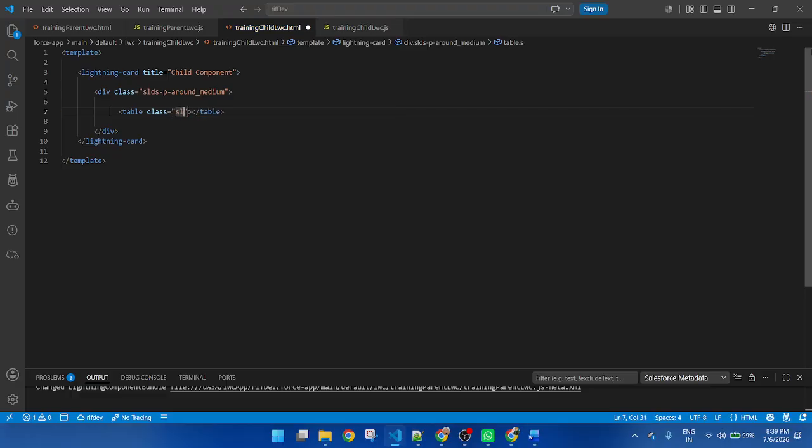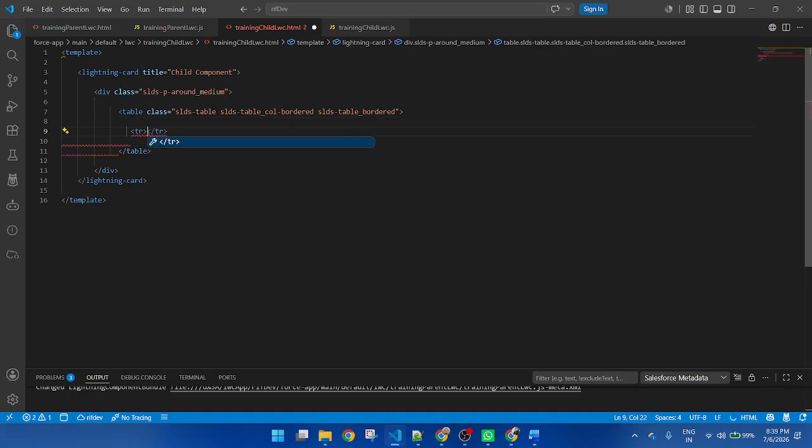Class equal to SLDS table, SLDS table-col border, SLDS table border. Then TR.